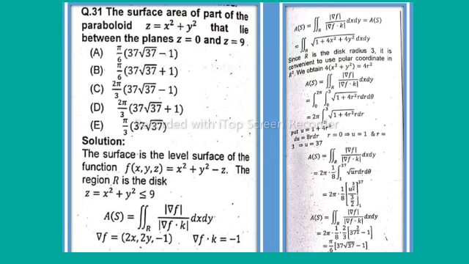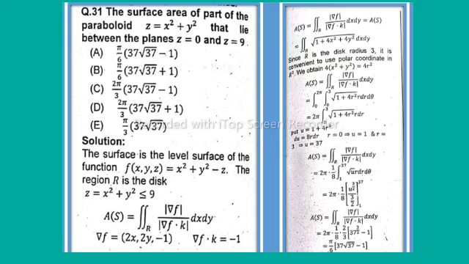In polar coordinates we obtain 4 times x squared plus y squared is equal to 4r squared. The integral becomes the integral from 0 to 2 pi, integral from 0 to 3, of the square root of 1 plus 4r squared, r dr d theta, which equals 2 pi times the integral from 0 to 3 of the square root of 1 plus 4r squared, r dr. Put u equal to 1 plus 4r squared, so du is equal to 8r dr. When r is equal to 0, u is equal to 1, and when r is equal to 3,